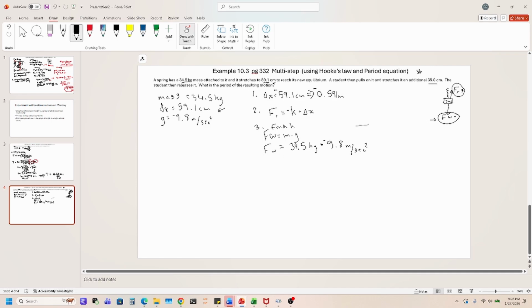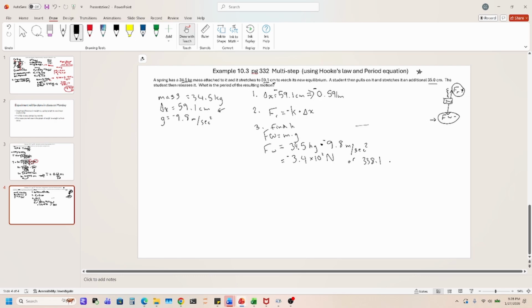So weight equals mass times gravity. And what do we get when we multiply all of that out? Well, if I'm plugging values in, I end up with a negative 3.4 times 10 to the second newtons, because it's a force, right? So we need newtons. Or, you know, if you're plugging into your calculator, you might see something that looks like this,